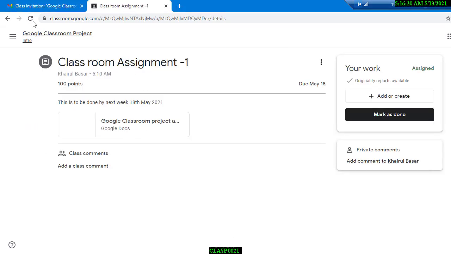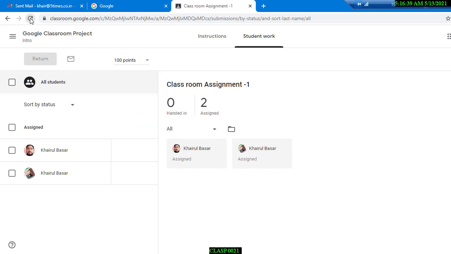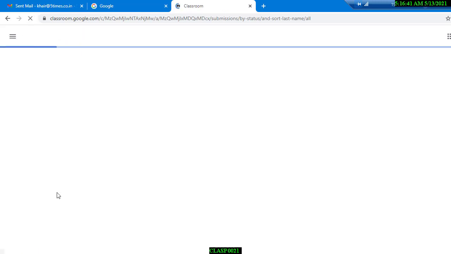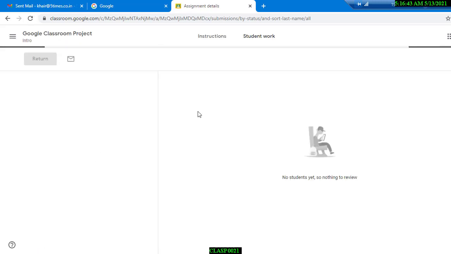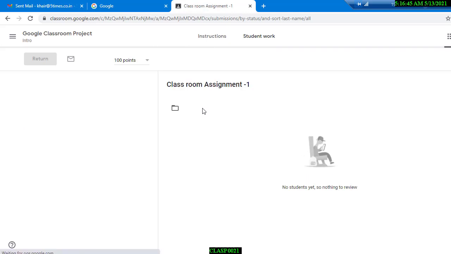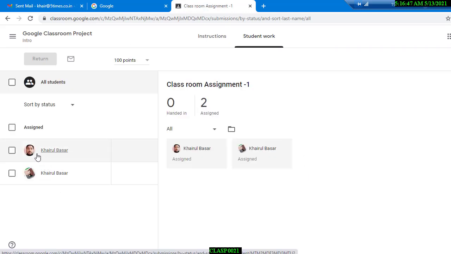So this is assigned already. Okay, now let's refresh this one. Okay, 2 already assigned. So I got 2 students. Both of them have the same because both accounts' email addresses belong to me, but the emails are different. If you see the email,